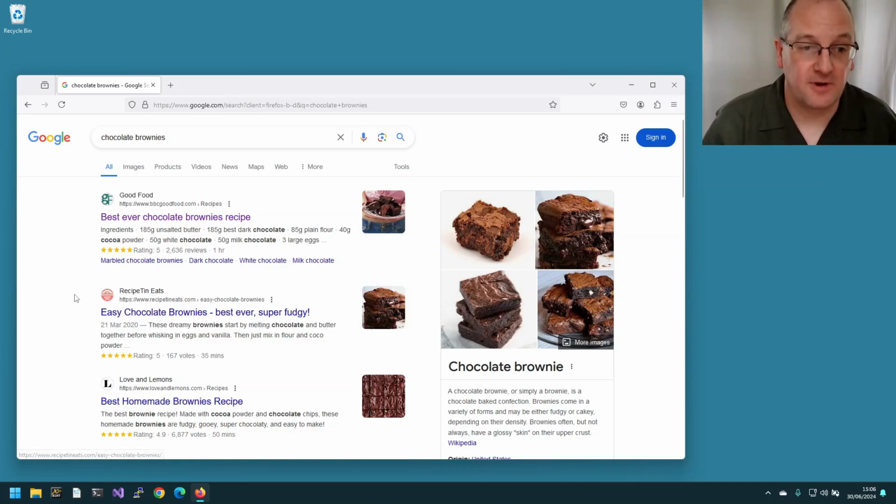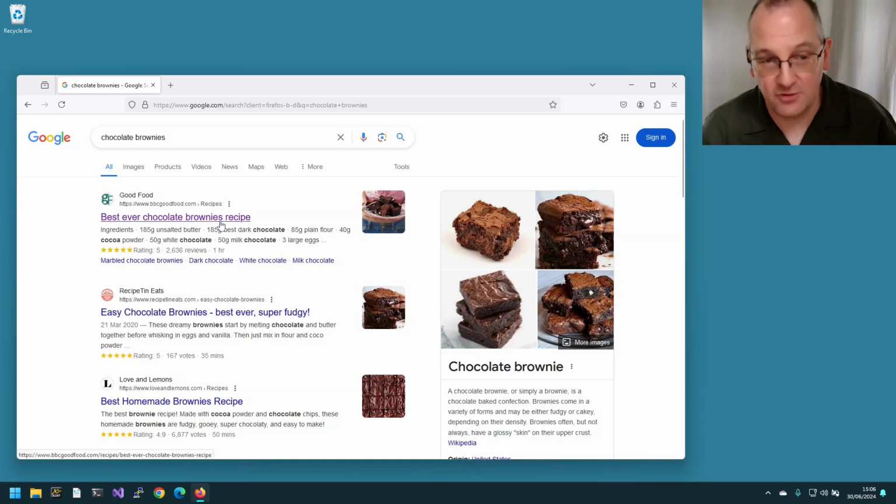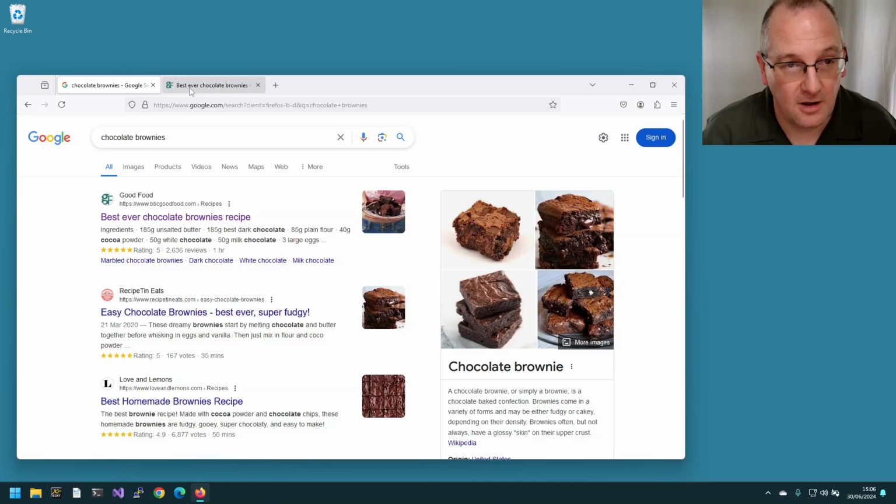The easiest way of opening a tab is if you've got something with some links, often search results, but any other things as well. If you're on a page with some links, if you hold down Control when you click, so I've pressed Control, I'm holding it, and I'm now just going to left click on Best Ever Chocolate Brownies recipe,